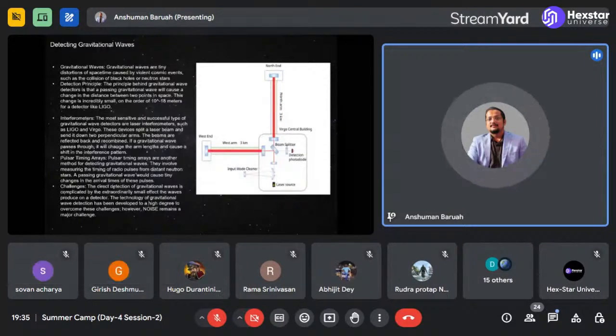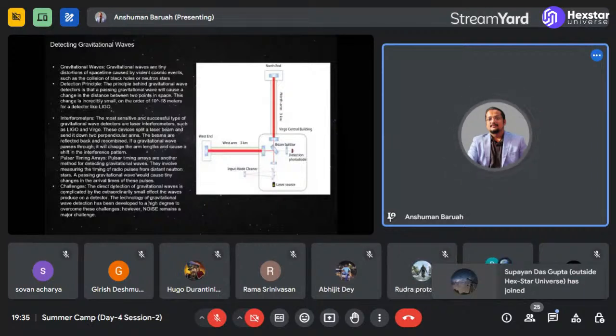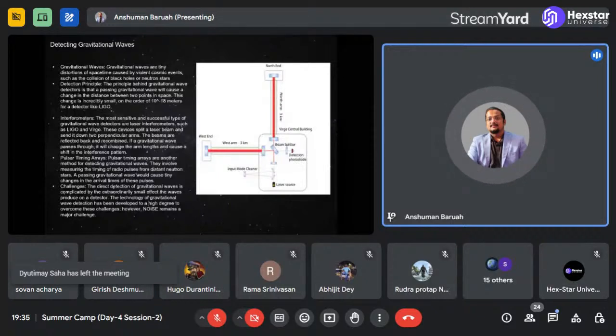But whenever a gravitational wave passes through any of the arms, the north arm or the west arm, it changes the stretching, it changes the length of the arms. And when the length of the arm is changed, the propagation of light through that arm changes. As a result, you get constructive interference, and an interference pattern is formed, which is detected by the photodiode. So this is the basic principle of detection of gravitational waves.